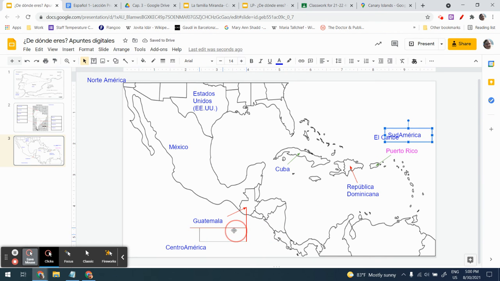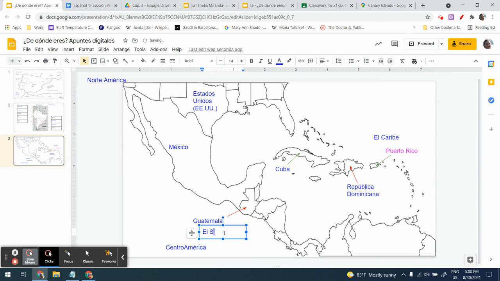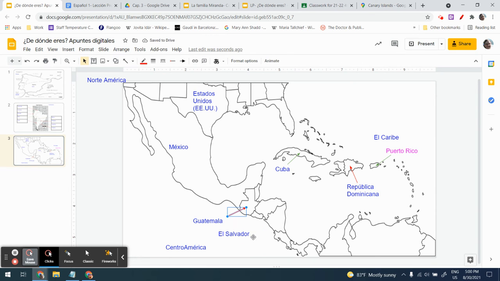And then down below here, we have El Salvador. Then we have over here,